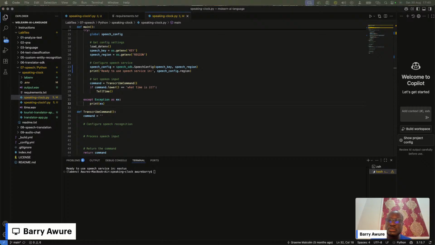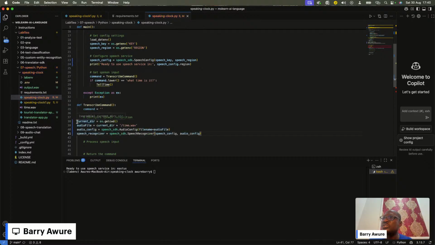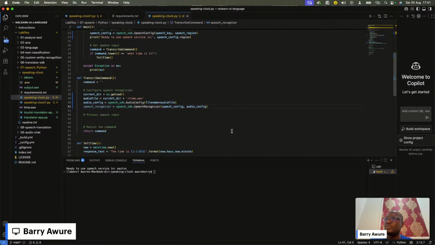The next thing is for us to start configuring the speech service or speech recognition APIs too. So here, you copy these codes and then drop this in here. Quite easy code. That's why I always prefer Python, right? Don't mind me, I'm a bit biased on that.